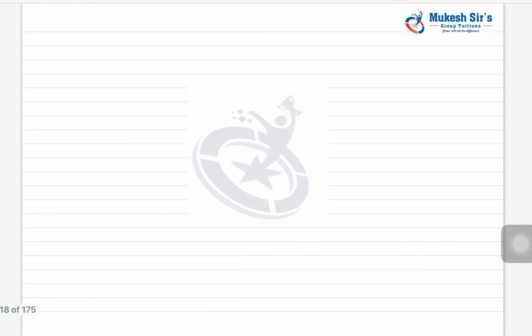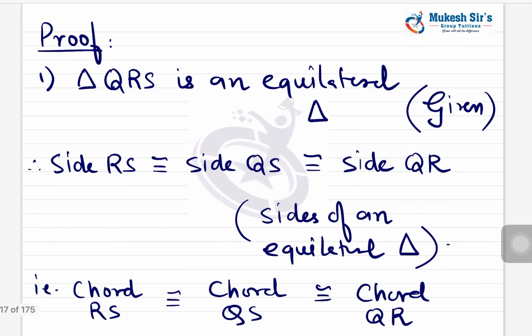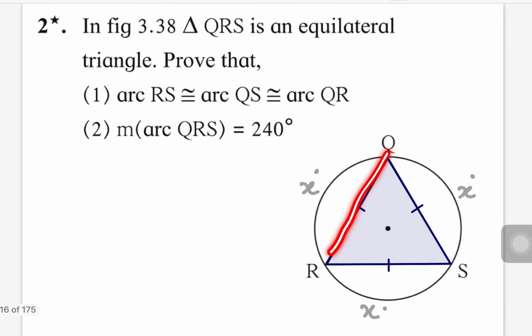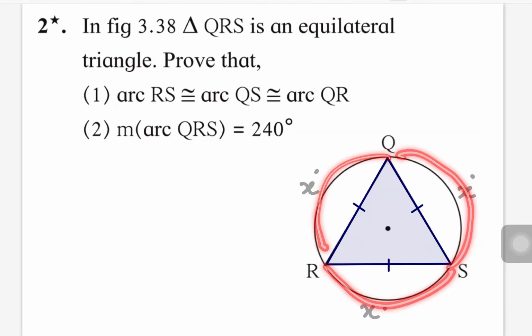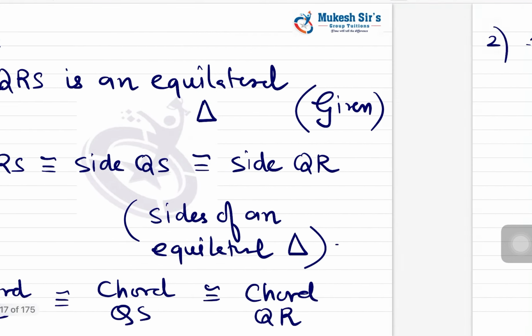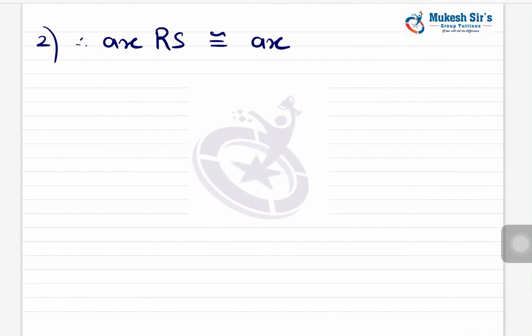Arc RS is congruent to arc QS is congruent to arc QR. The name of the arc and the chord is always the same. So if the chords are equal, then the corresponding arcs are also equal. So this arc is equal to this arc is equal to this arc. And please mention the reason there. The reason is